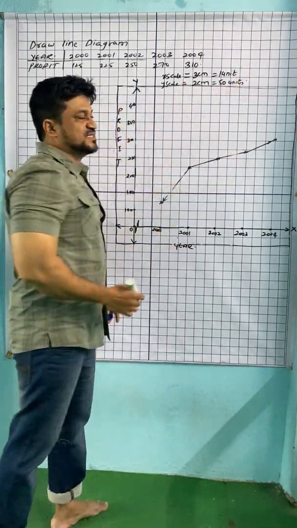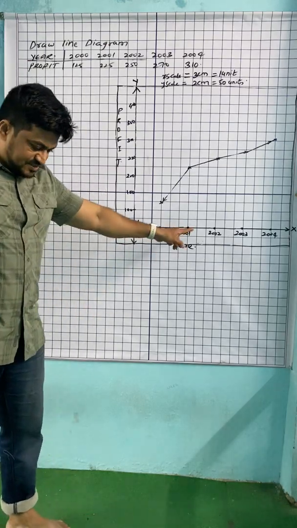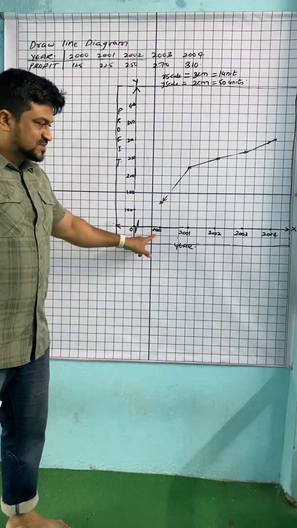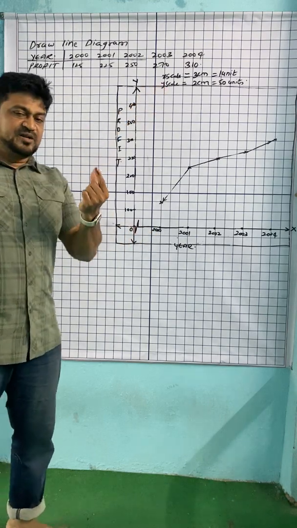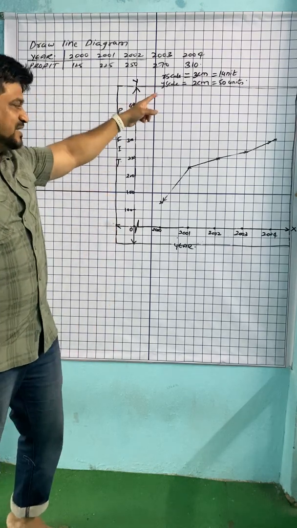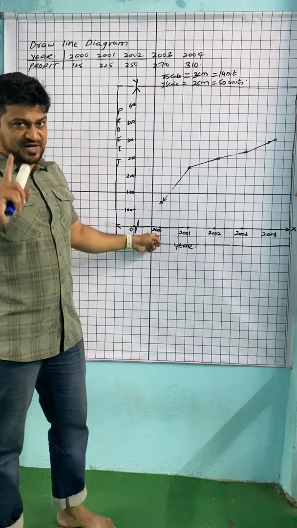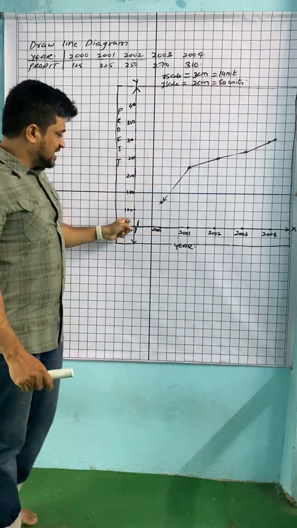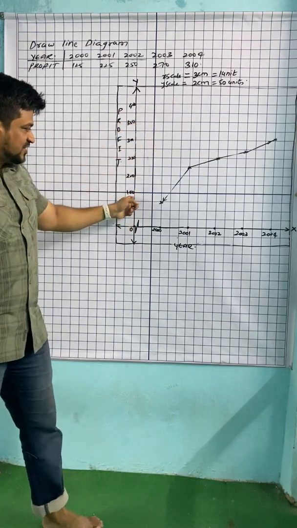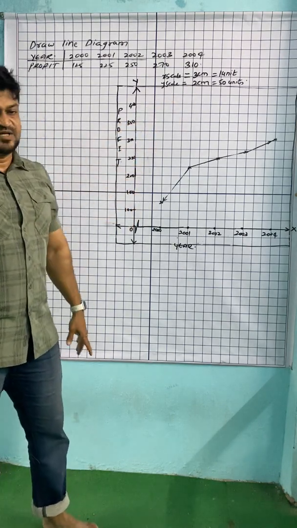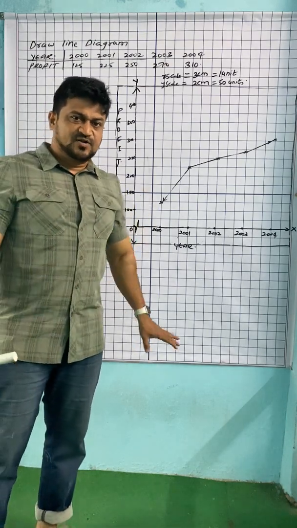How to write these X scale and Y scale units? First, if we are writing the X scale, check the number of boxes left. Boxes are centimeters, because one box is 1 centimeter. That's why 3 centimeter. And why 1 unit? Because we have 2001 minus 2000, so 1 unit. Here we are leaving two boxes, so 2 centimeter. And what is the difference? 150 minus 100, that is 50, so 50 units. So maybe watch 2-3 times. Definitely you'll get this.